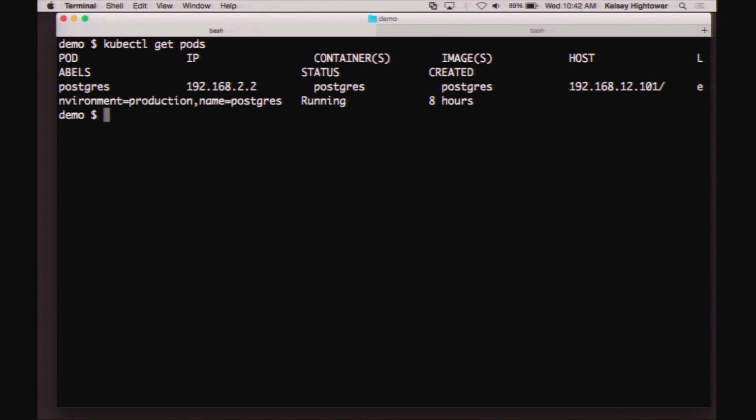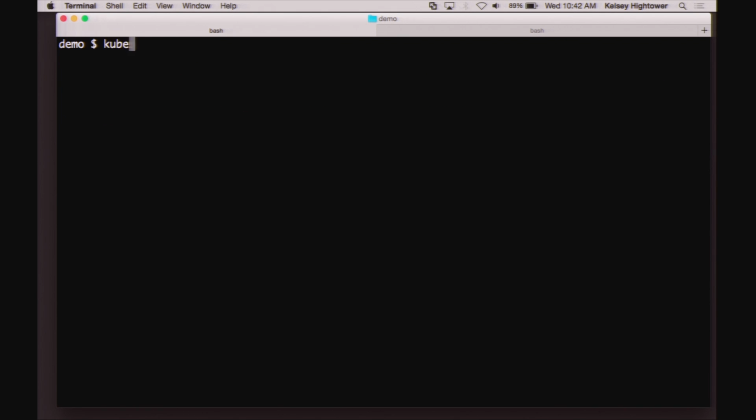So we have Postgres running, but the thing is I don't want to hit it at its pod IP because it could move in theory to another machine that met the requirements. So what we do is we create a service. So we'll create a service, services, and we'll create the Postgres service. Now that we have a Postgres service,